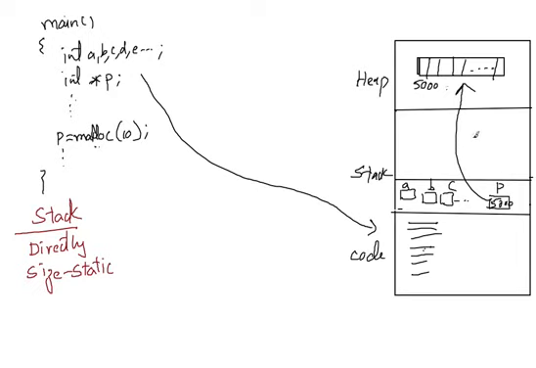Now this code can access this heap memory not directly but with the help of the pointer. So it can go to pointer directly and pointer will give the address of this memory. So finally we can say that heap memory is accessed indirectly. And how much memory is required for heap is decided at the runtime, the size of the memory. So the size of the memory is dynamic.